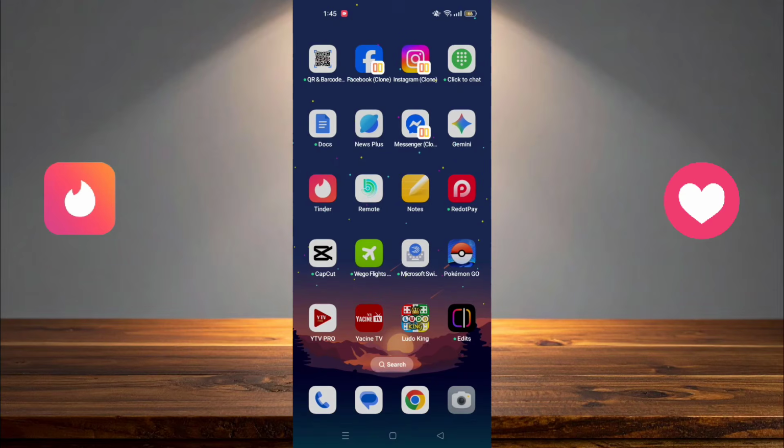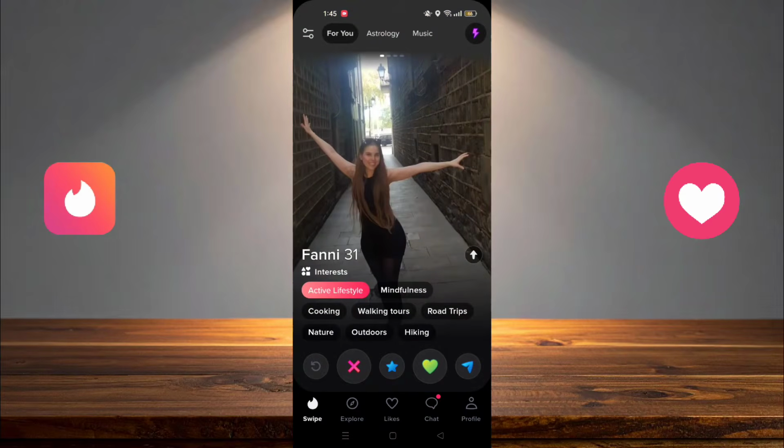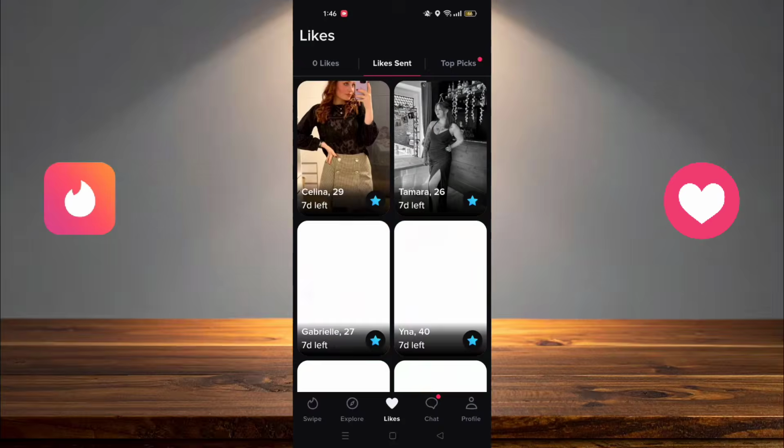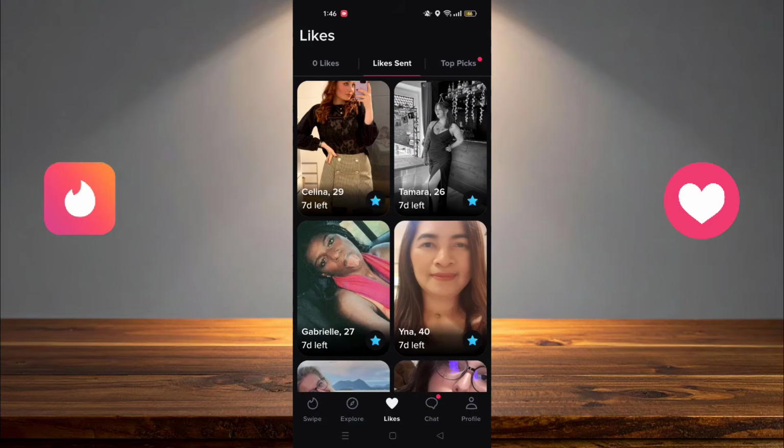You have just to go to Tinder and after that go and click on likes, and after that, as you can see, there is here an option called likes sent. You have just to click on this option on the top and it will show you the likes that you